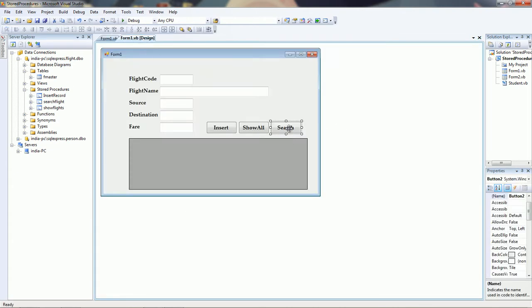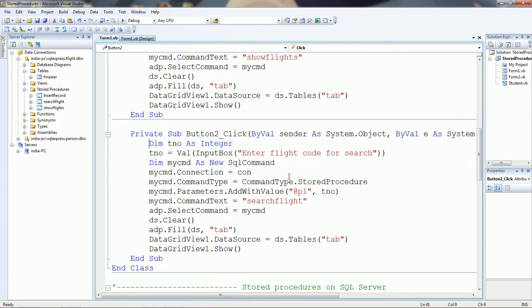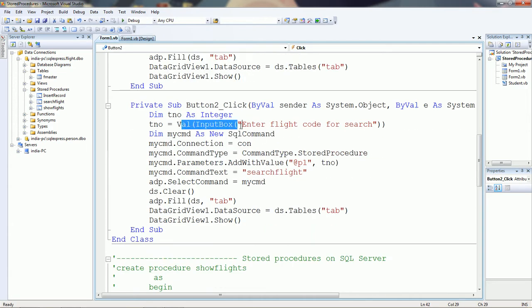Let us call this procedure in the front end. Again, here we use an input box, enter flight code to be searched. After that, there is a command object. Again, set the same properties: set the connection to the command, set the command type, and here add with value, registering the first parameter @p1. Within this p1, we want to substitute the value of the inputted number.